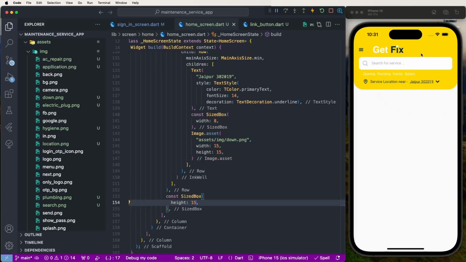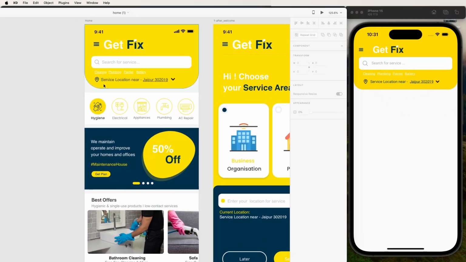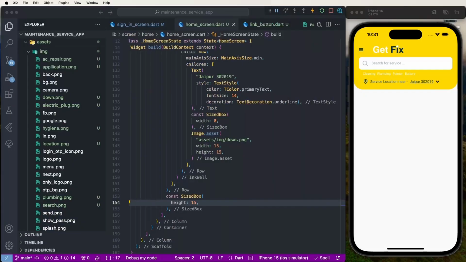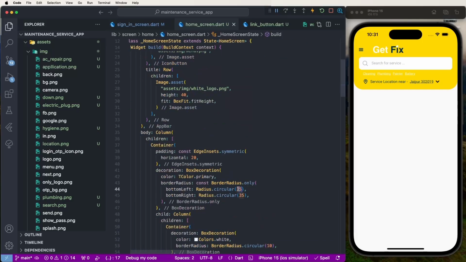And it is similar to our design, looks like this way, and now compare with the XD file design. Both are similar. Maybe need to increase this value. Need to set 30 by 2. Need to set here